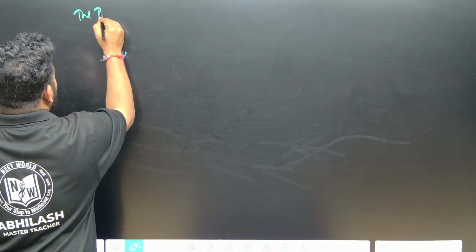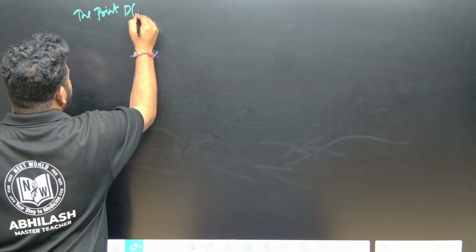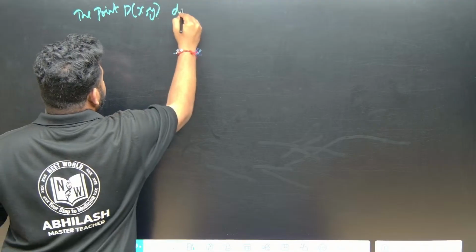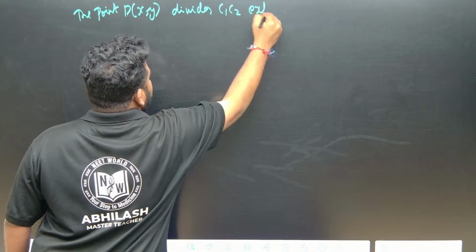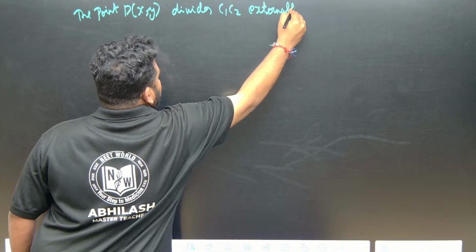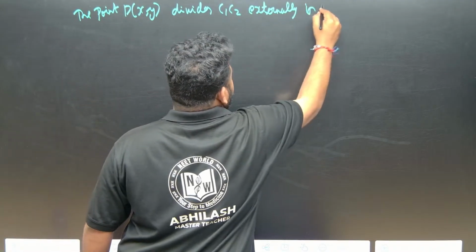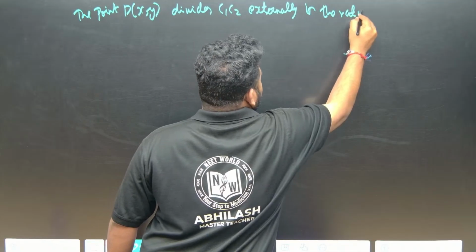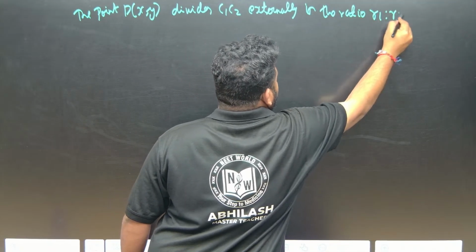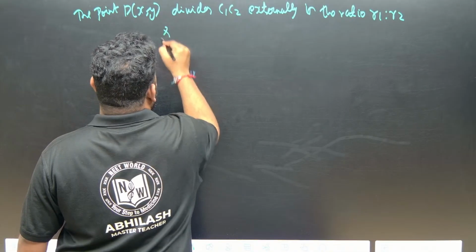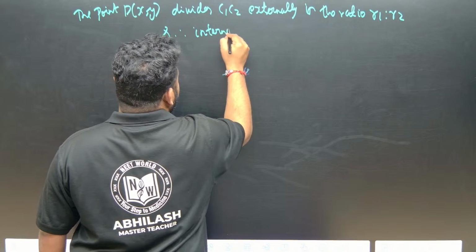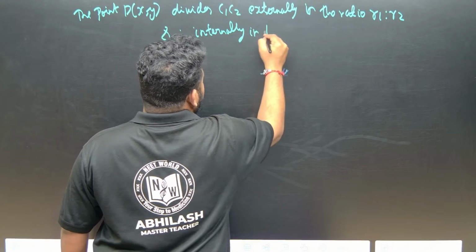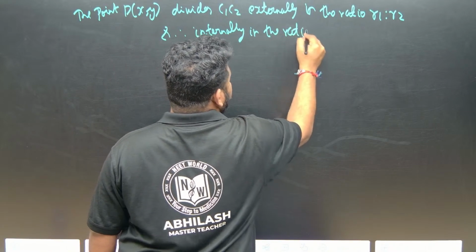The point Dx, y divides C1 C2 externally in the ratio r1 is to r2, and therefore it will divide internally in the ratio